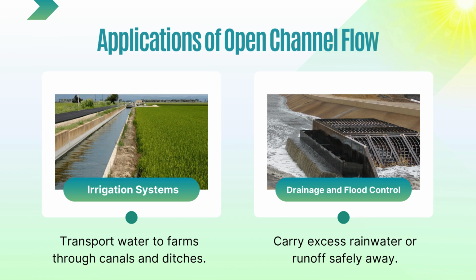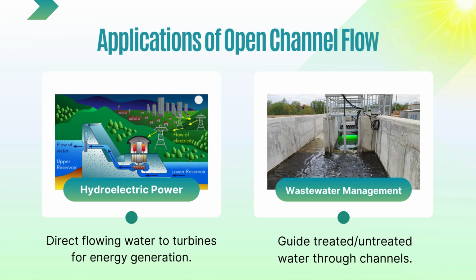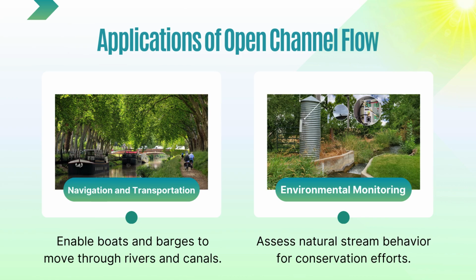Open channels are also used in hydroelectric power plants. Flowing water is directed through open conduits to spin turbines and generate clean energy. In wastewater management, open channels carry treated or untreated sewage between treatment facilities or into final discharge points like rivers. For navigation and transportation, rivers and man-made canals provide pathways for boats and barges,